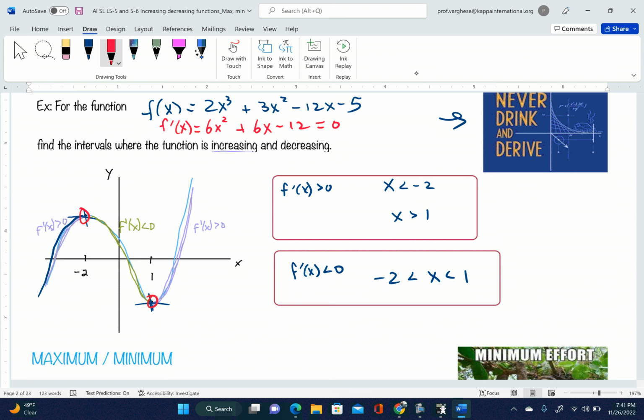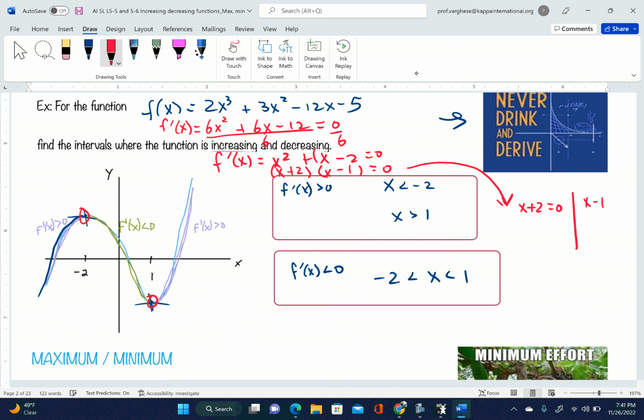So I can see that 6, 6, and -12 all have a common factor of 6. So I can divide everything by 6. And I get f prime of x is equal to x squared plus 6 divided by 6 is x, minus 12 divided by 6 is 2, and we want to set that equal to 0. So here is where we can double bubble this, set it equal to 0, so I get x and x, two numbers that add to give me 1 and multiply to give me -2 are going to be +2 and -1. And last step, I'm going to take the two numbers, x plus 2 equals 0